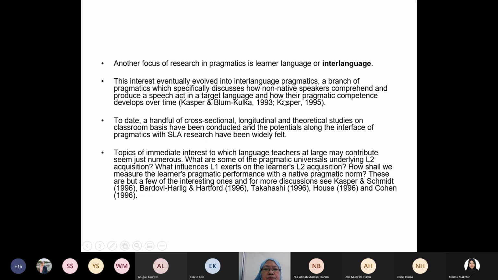So this interlanguage pragmatics discusses how non-native speakers comprehend and produce speech in the target language, and how their pragmatic competence develops. As I said to you just now, when you're learning the language, you're also learning the pragmatics of the language. So pragmatics of the language is called